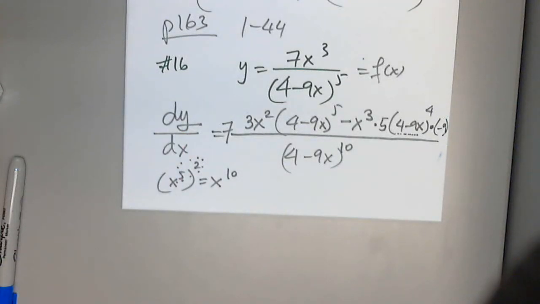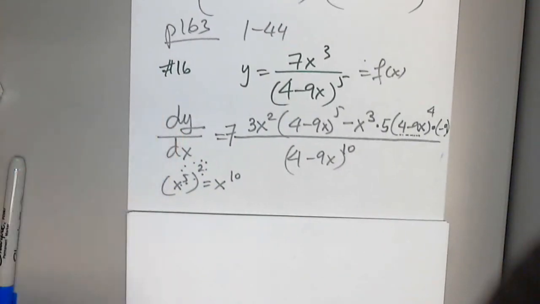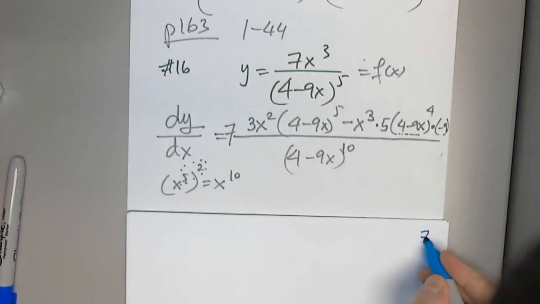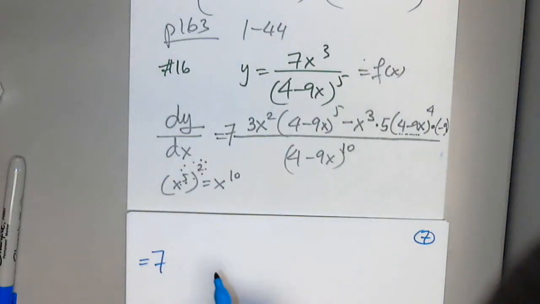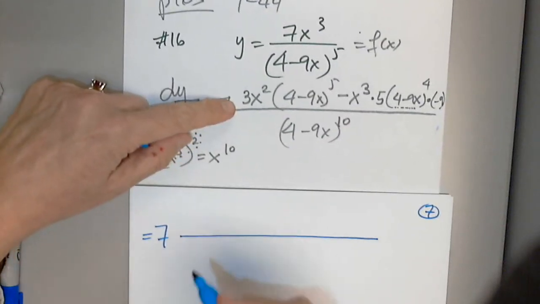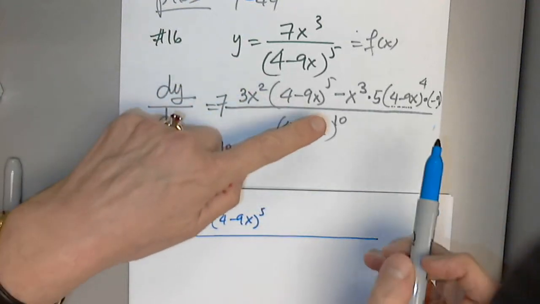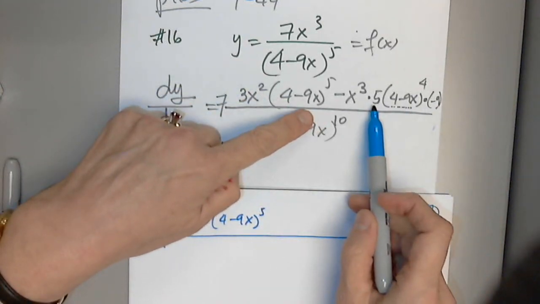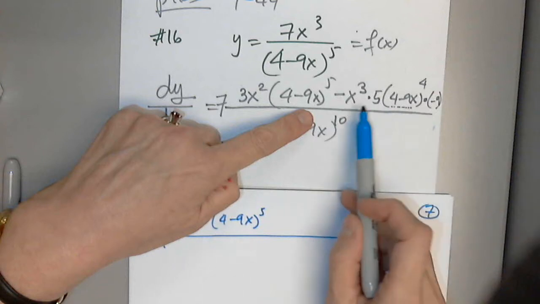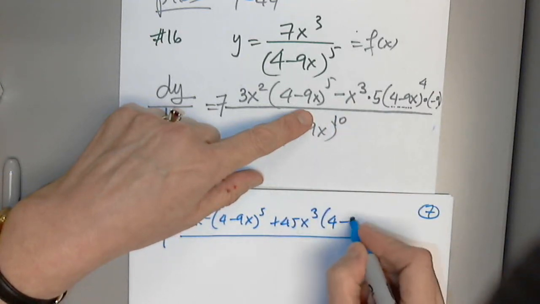And you can say, is this it? No. No, it isn't. We have to simplify it. Seven can wait. I will rewrite 3x squared with 4 minus 9x to the 5th. Then I have a negative 9 times 5, 45, with minus in front, so positive 45x cubed, 4 minus 9x